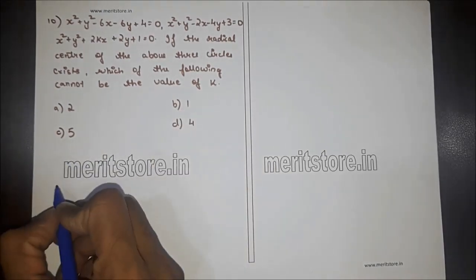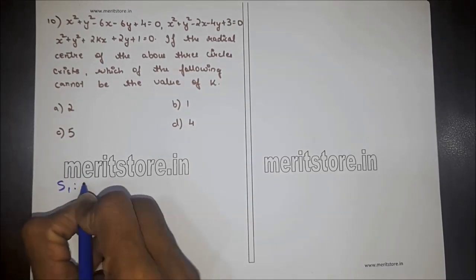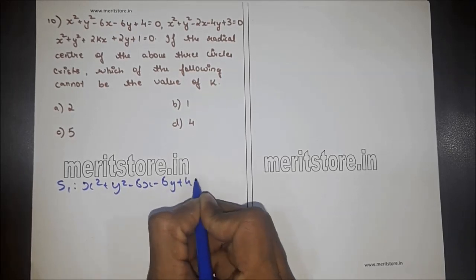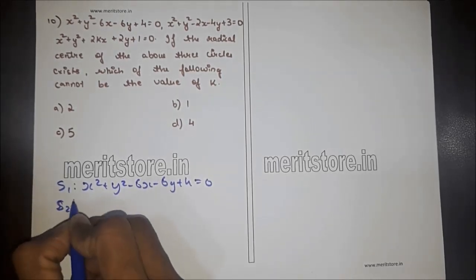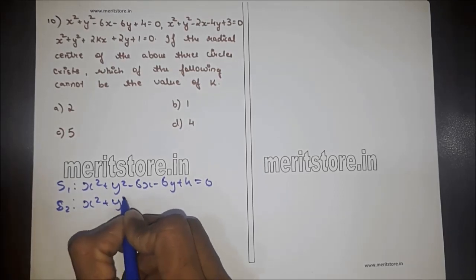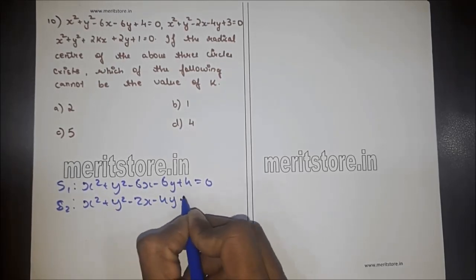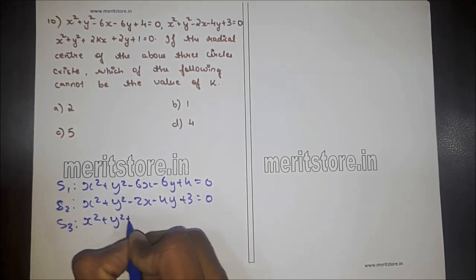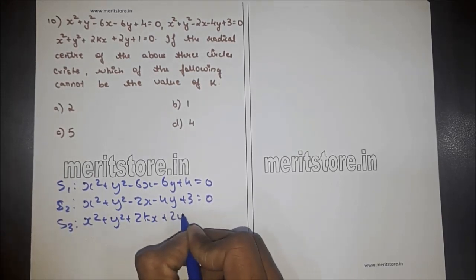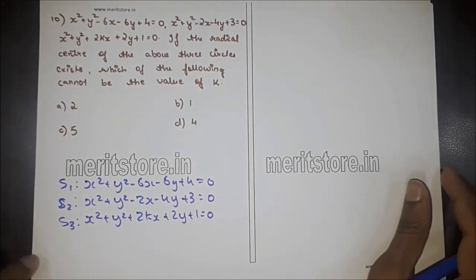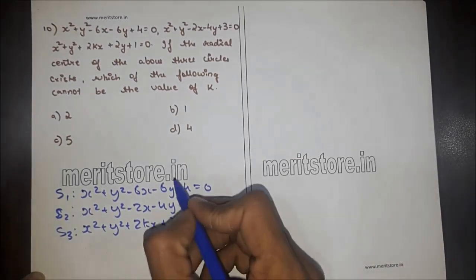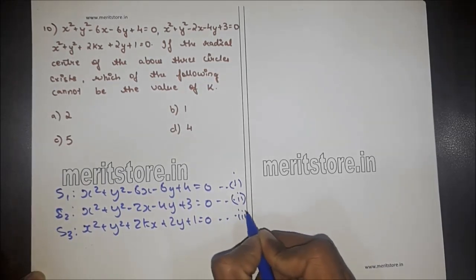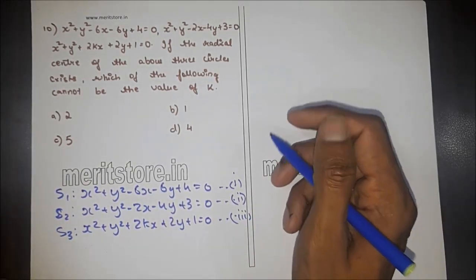So we have three equations, which we can write as S1: x square plus y square minus 6x minus 6y plus 4 equal to 0, S2: x square plus y square minus 2x minus 4y plus 3 equal to 0, S3: x square plus y square plus 2kx plus 2y plus 1 equal to 0. For the radical axis, we take these as equation 1, equation 2, equation 3. So the radical axis of circles 1 and 2